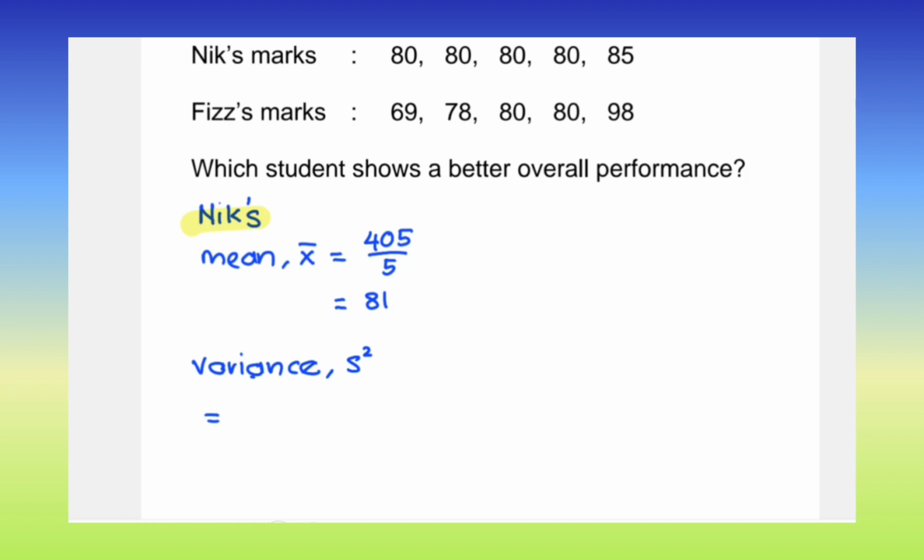Next, find variance. Remember the formula. We already have 5 data, so variance is 1 over n minus 1. n is 5, and 5 minus 1 is 4, so 1 over 4 times summation of x square, 32825, minus 405 square over 5. So we have here